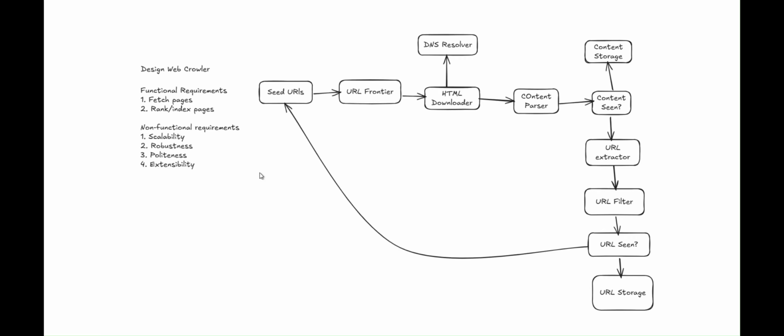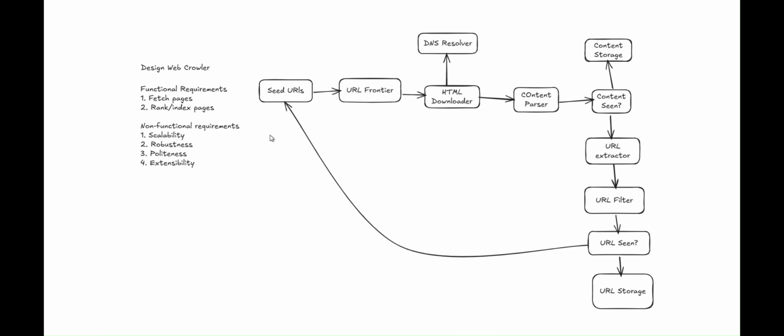Now, let's discuss the deep dive. In high-level design, we discussed the major components, and in the deep dive, we will discuss all the non-functional requirements as well as what should be taken care of at each component, which is very critical. So first, let's start with seed URLs. Seed URLs, as we discussed in high level, basically gets the URL and passes it